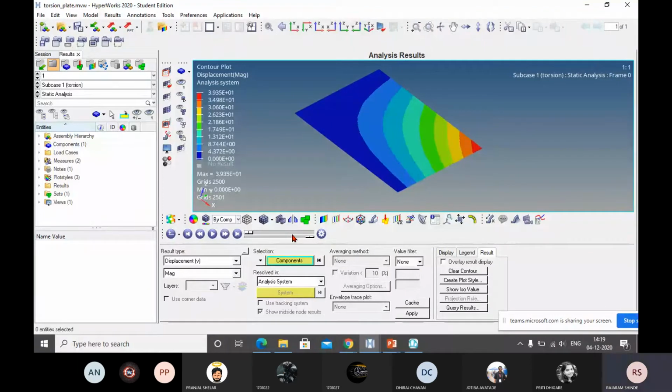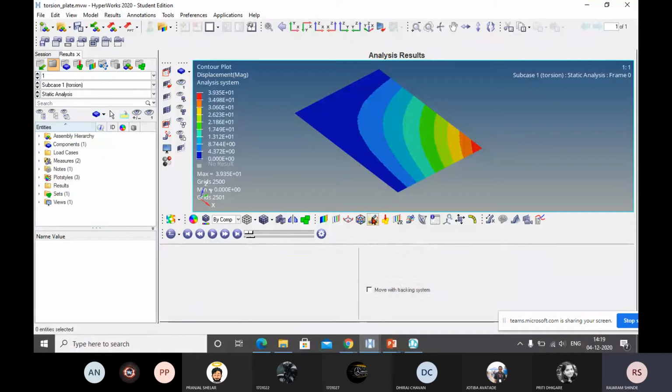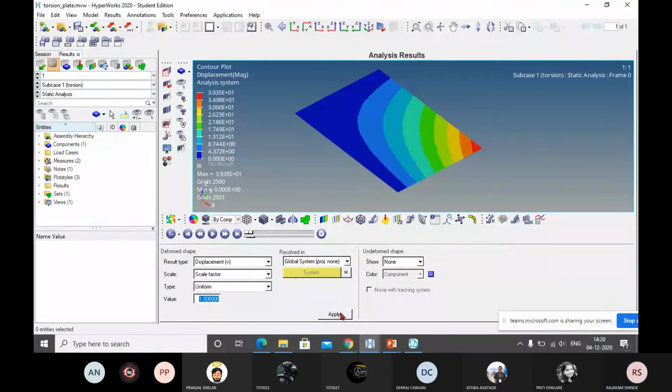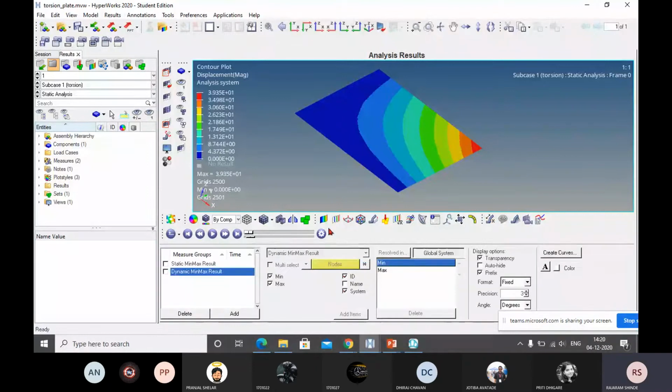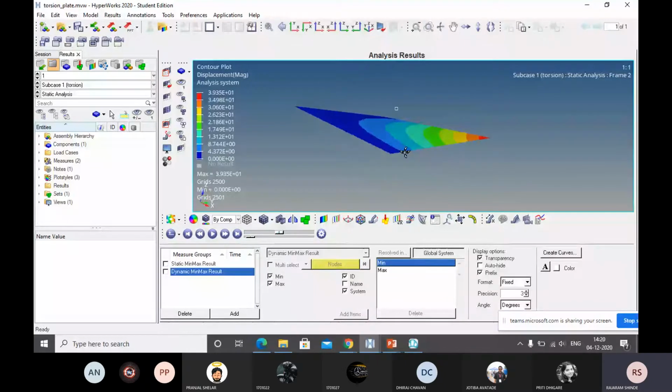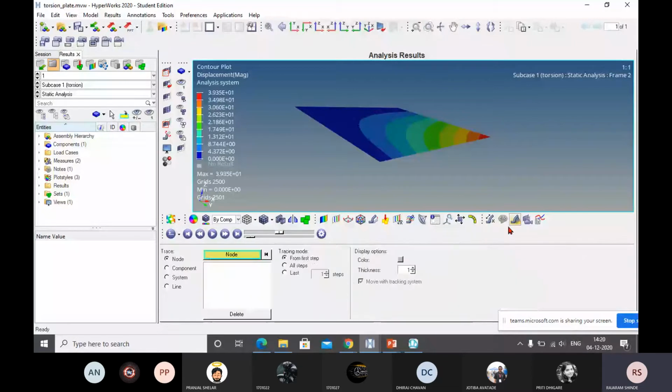You can see the deform, apply. Okay, we will see the deform plus undeform. Now I will click on this.